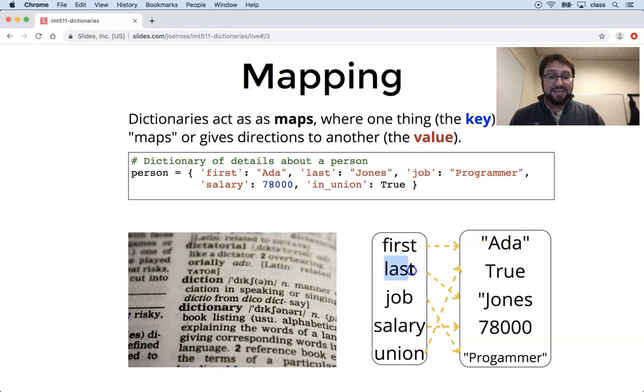If you give me the last key, I can then lead you to a value that's associated with it, which would be Jones. And this is what basically lets your dictionaries act like real-world dictionaries, where you take in the definition, the key, and it points to, it tells me how to get to the actual definition, this larger value that I actually end up caring